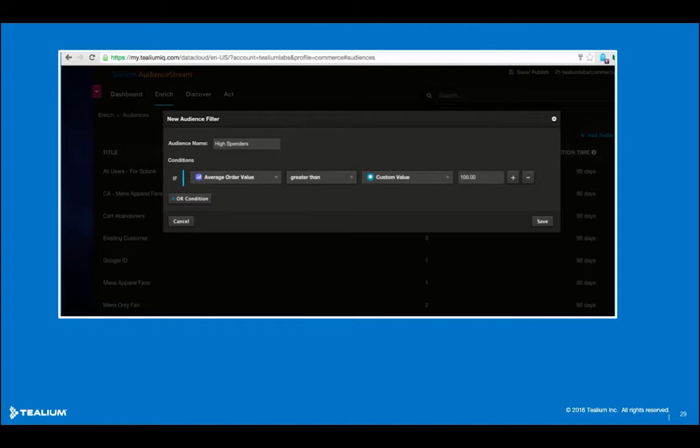Whenever that happens, the person automatically joins the audience. But if they fall below that threshold at any point, they're automatically removed from the audience. So you don't need to worry about managing people coming in and out of the audiences. No manual intervention is required.